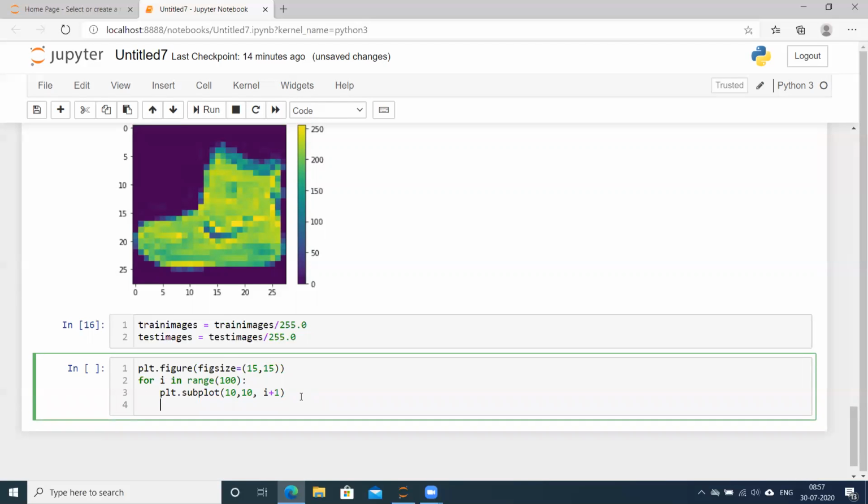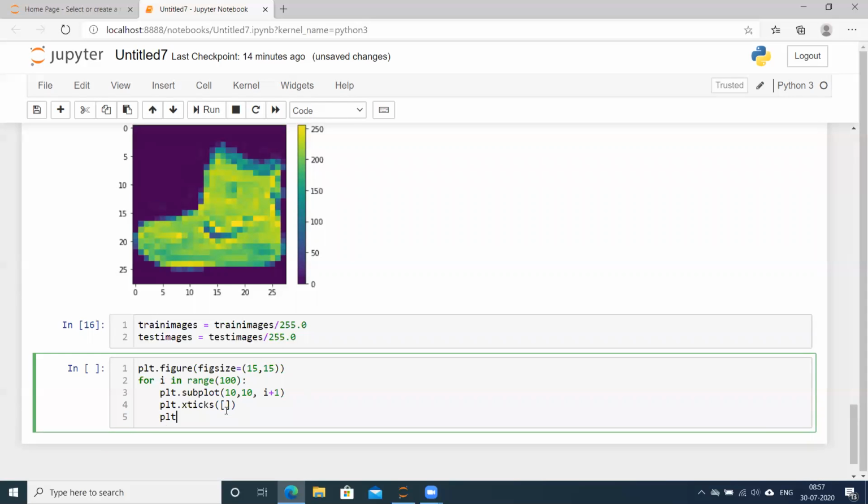And now let's remove all the ticks. We do not want any x ticks and y ticks, right? So we can remove them: plt.xticks, nothing we are passing to it. Similarly, plt.yticks, and again nothing we are passing to it.